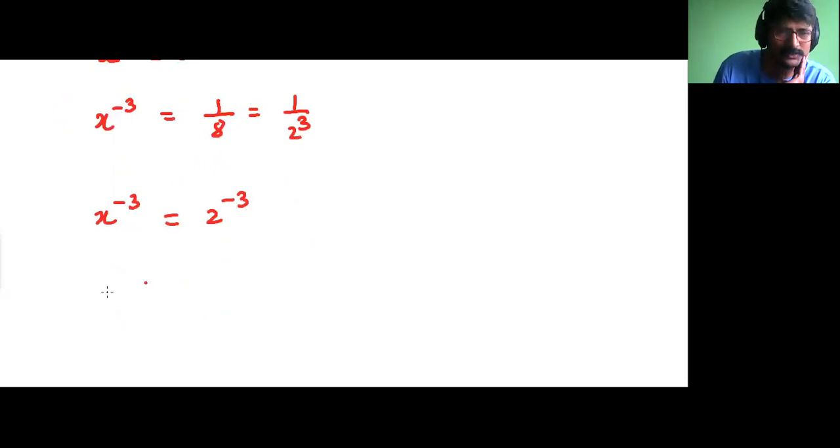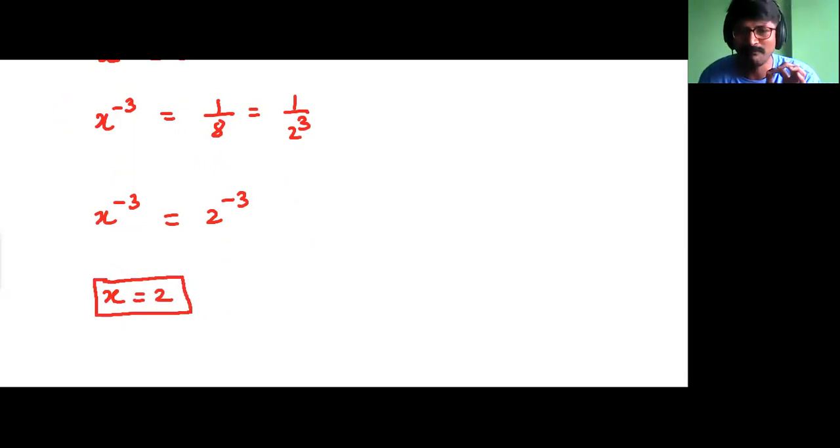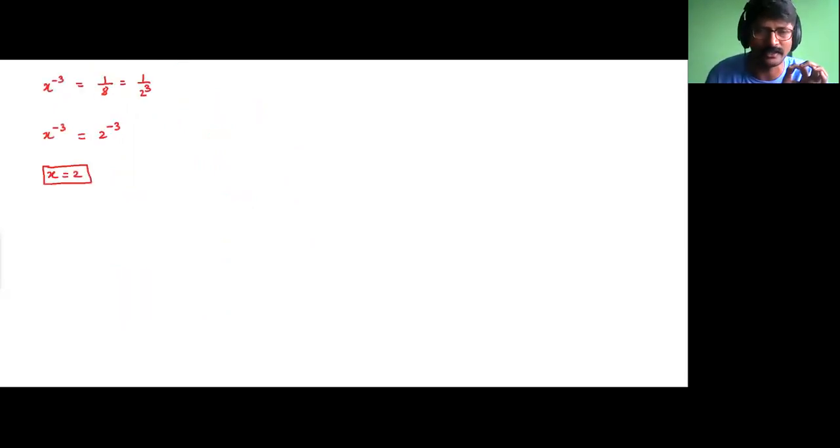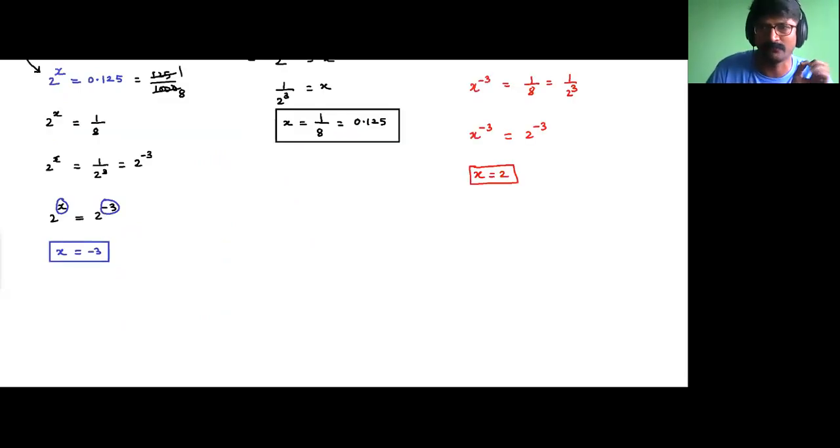Otherwise it's super duper simple. So x is equal to 2 because the powers are the same, so the bases have to be equal. So this is how we're going to get the value of x is equal to 2. Now if I minimize the screen, you'll understand all three things that I spoke about just before I started